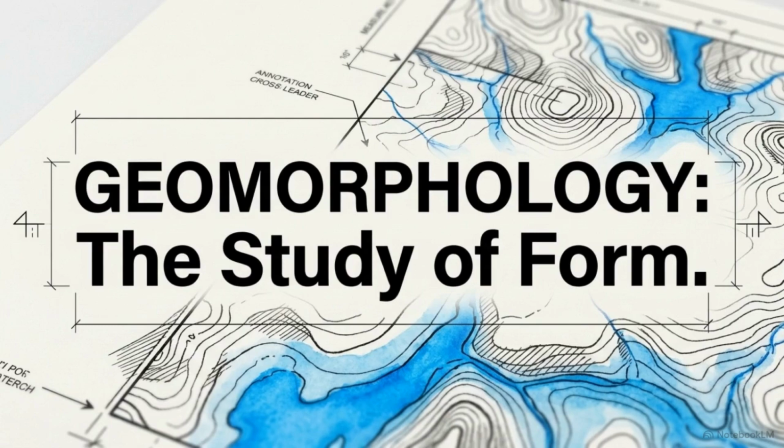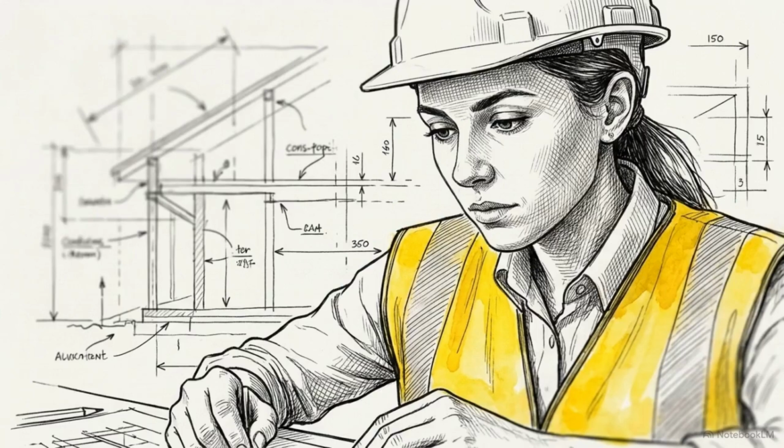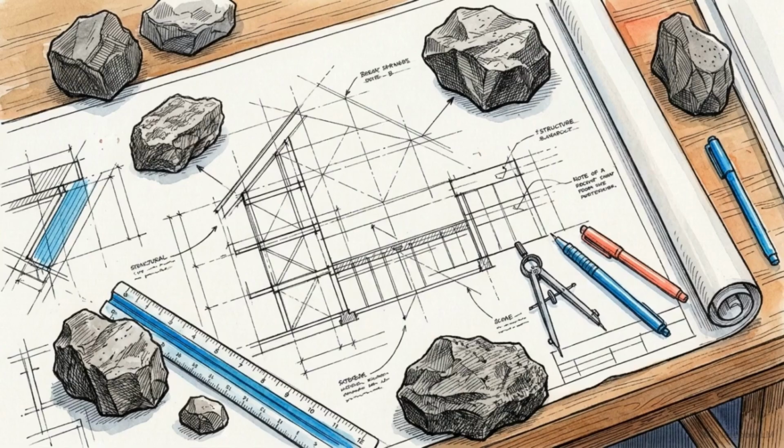It is the scientific study of how topographic features originate and evolve through physical, chemical, and biological processes operating at or near the Earth's surface. For a civil engineer, understanding this science is an absolute prerequisite. Every critical phase of a project, from the initial site investigation to groundwater hydrology and foundation engineering, is dictated by